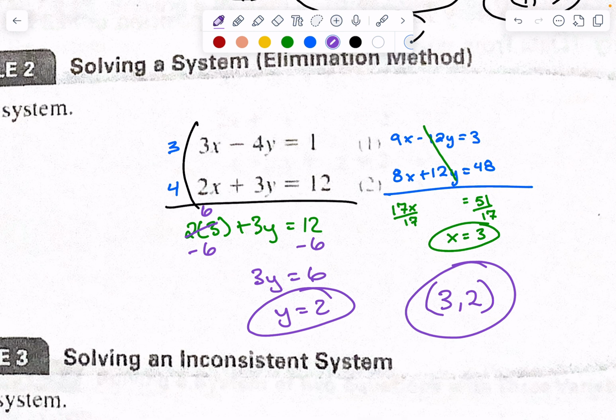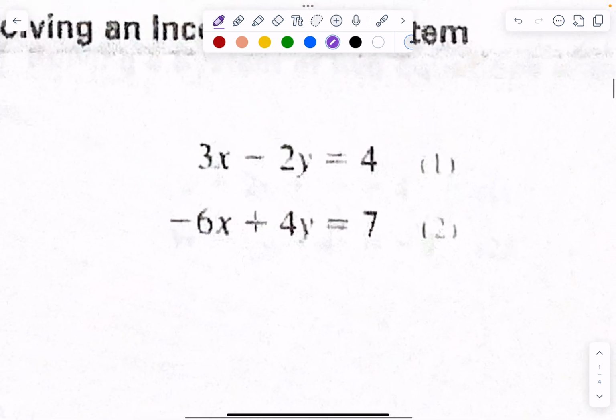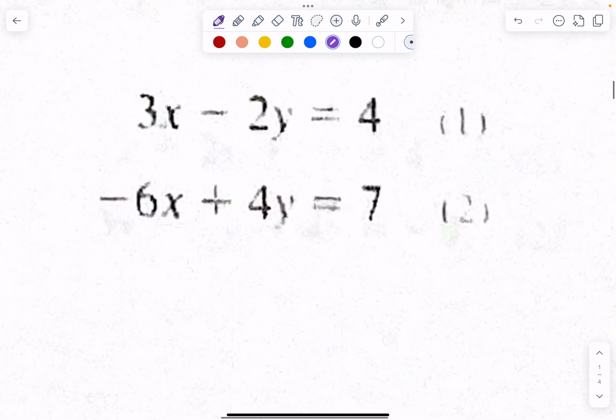All right, now what if we end up with weird answers? So that's like this one. Do you want to substitute or eliminate? Eliminate, yep, they'll both eliminate. So it doesn't matter. You're right, they both will eliminate, but we've got to keep going